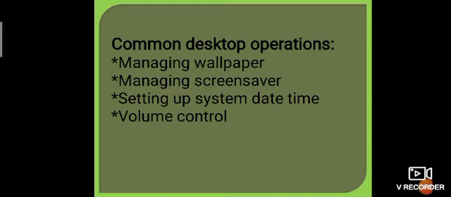Click save changes and exit the background window when we are satisfied with the choices. Managing screensaver. A screensaver is a computer application that blanks the screen of the computer when it is inactive or fills it with images or patterns to avoid phosphor burn-in on plasma and CRT cathode ray tube monitors.